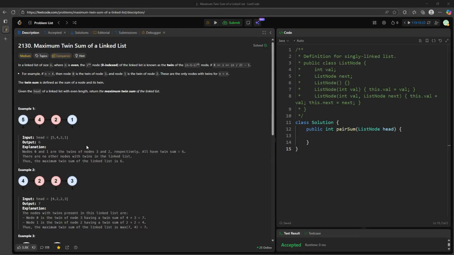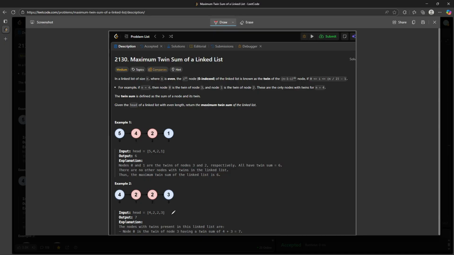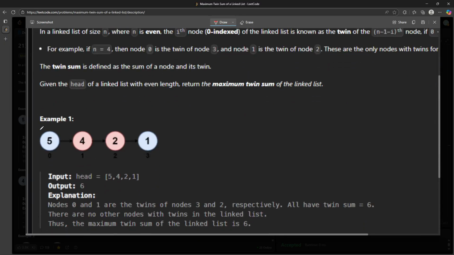So this question is maximum twin sum of a linked list. You're given a linked list and you want to traverse the linked list and pair each node with another node, then calculate the sum and basically return the maximum twin sum. So in this solution, we're going to find out